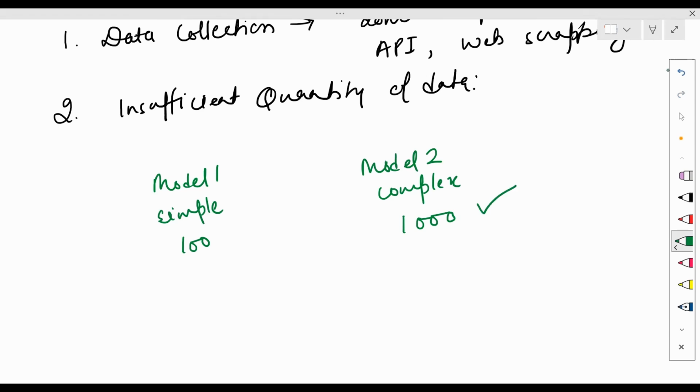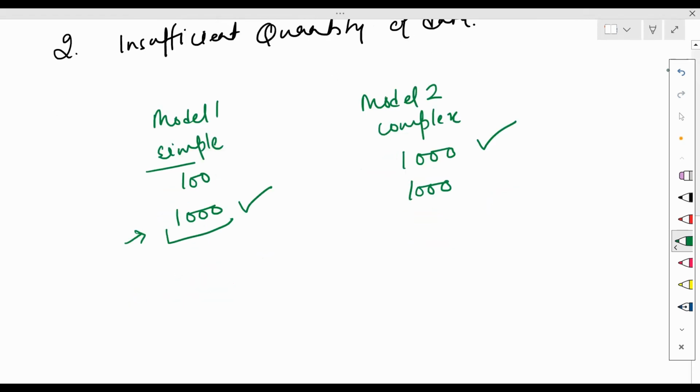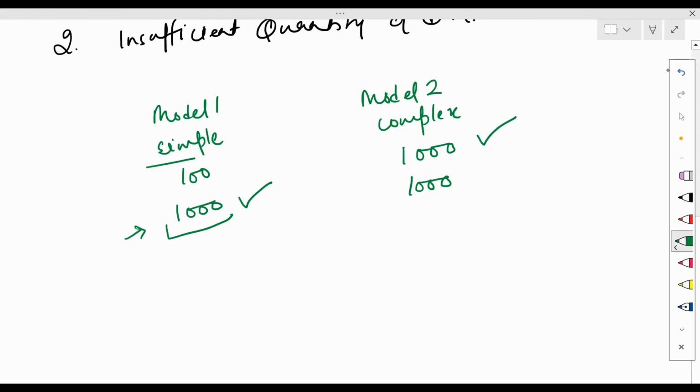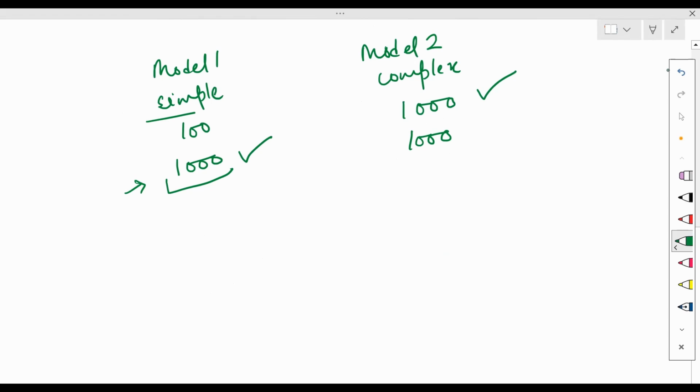But it could be the case that if both the models are given the same number of data points, then model 1 may perform better than model 2. And in that case, computational cost will be less because this model is comparatively simple. That's how the number of data points provided for training makes a huge difference in the training process of a model. There is a famous paper around this, which is The Unreasonable Effectiveness of Data.